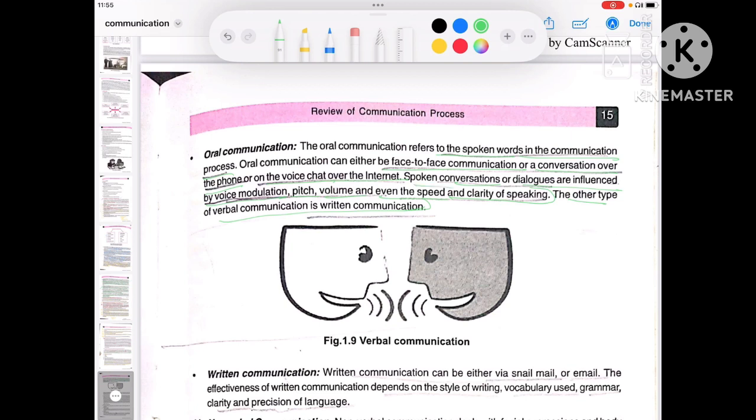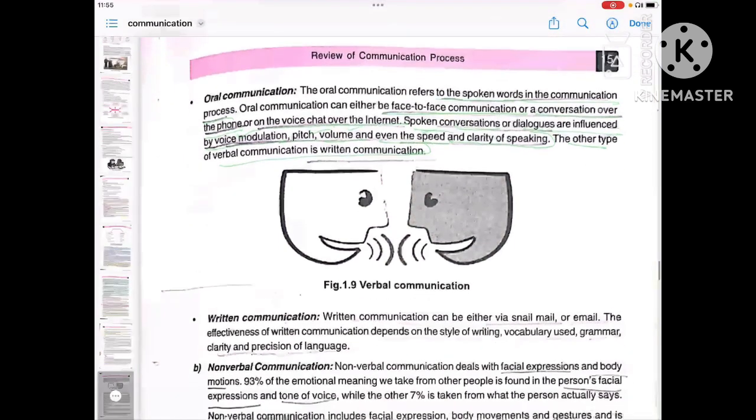So this communication is very important, and they will check the voice modulation, pitch, volume, and the speed also. Why are we checking? If you are speaking very loud, the person is not able to understand. If you are speaking with a very slow pitch, the person is not understanding. So it should have voice modulation, pitch, volume, speed, and clarity also. And next, under the verbal communication,